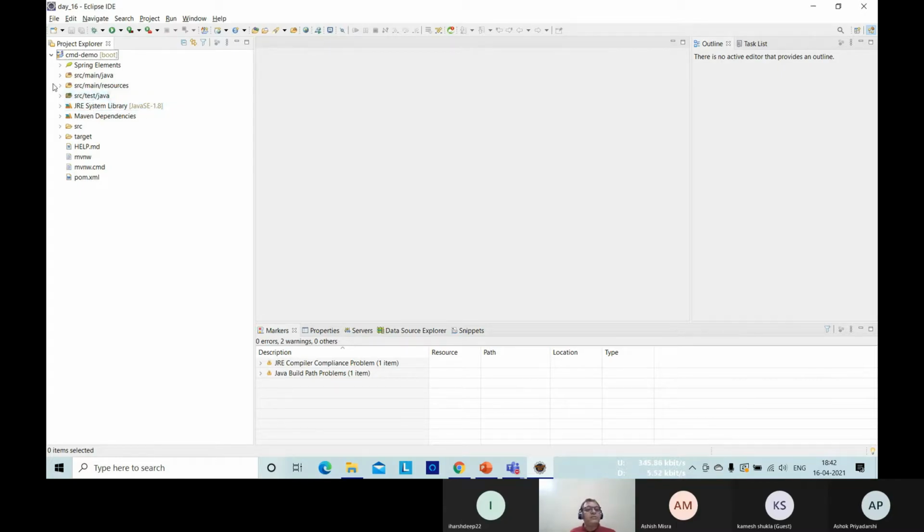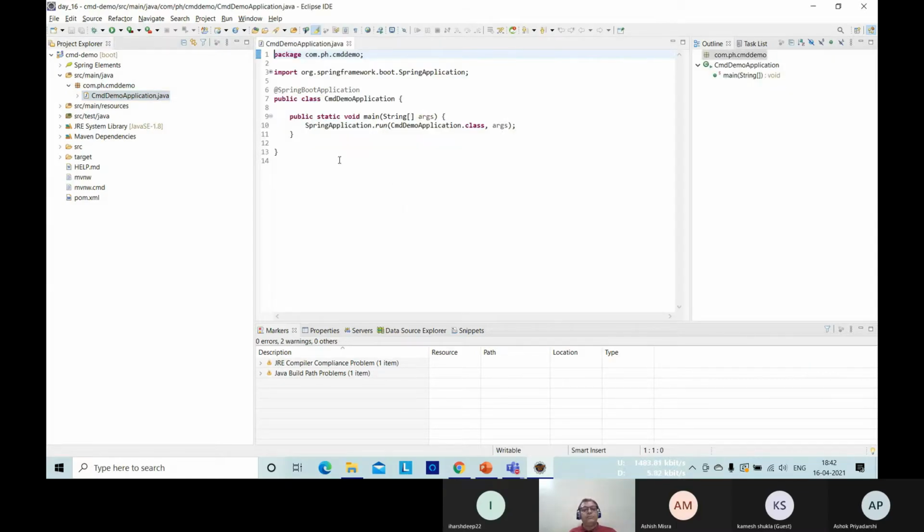Then, as I said, in the SRC folder, we have the CMD demo application created. Okay. Now, in order to handle the command line request, there is an interface called.